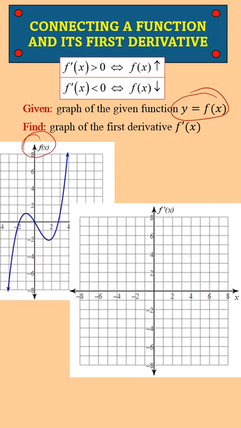I take red. The first interval, my function is increasing from negative infinity to this point. The x coordinate of this point is -1. So my function is increasing on negative infinity to -1. And the second interval for the function, 1.8 to infinity. So I have two intervals where my derivative is positive.